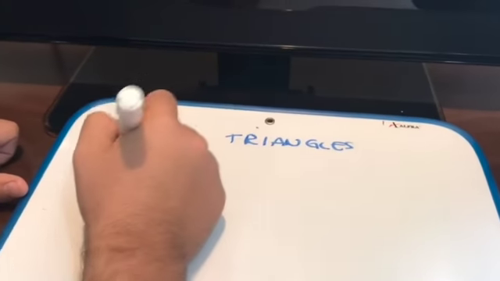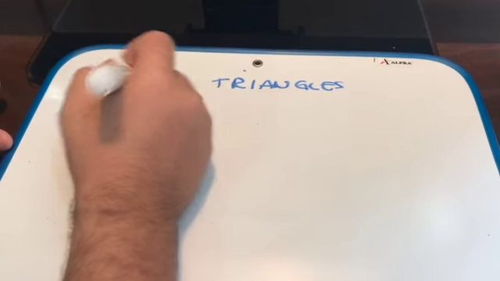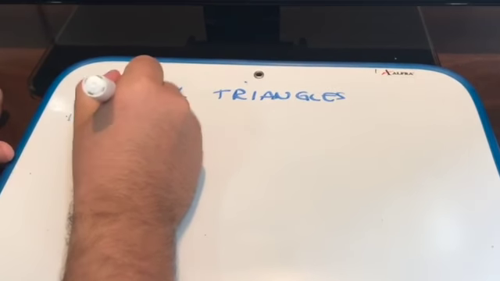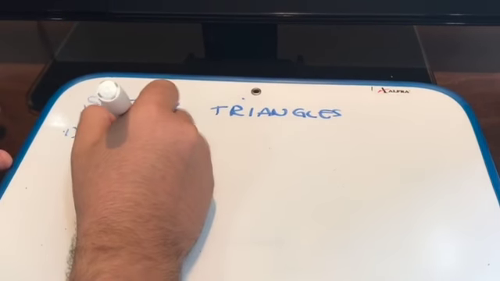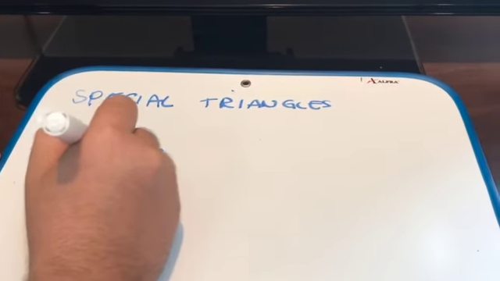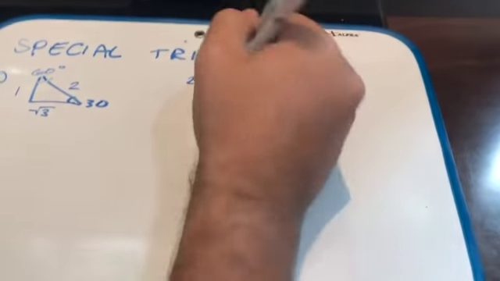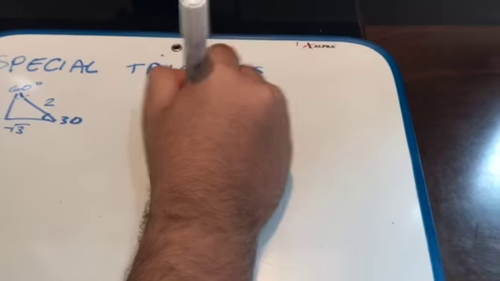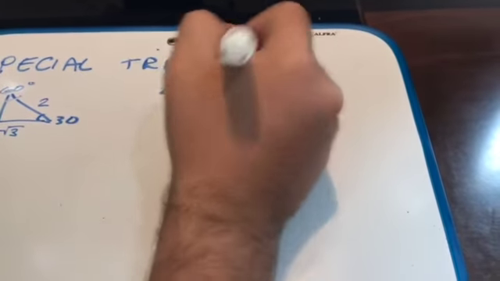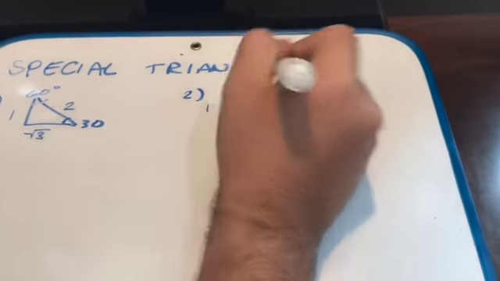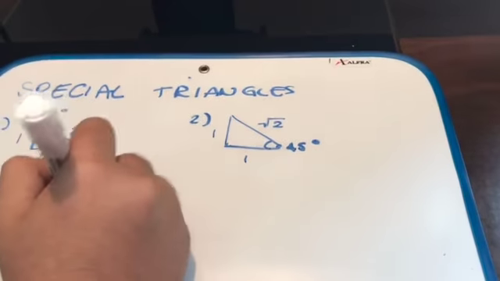Number one, the one that has 30 and 60 degrees and has sides 1, 2 and square root of 3. And the second one, which has an angle of 45 degrees and has 1, square root of 2 and 1 again. We use this so we can get